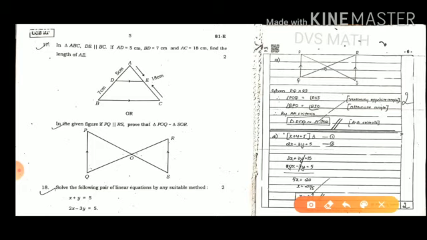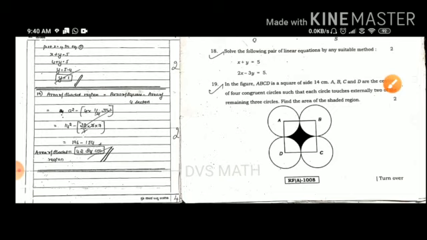So take two equations, make the coefficients the same and solve them. Choose any method as you have: substitution method, elimination method, cross multiplication method, but the easy method is elimination. You can choose that elimination method. Solve them by eliminating. You will get one value, the x value, then substituting that value in any one of the equations, you will get the y value.